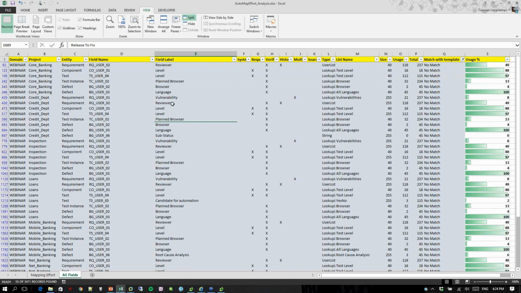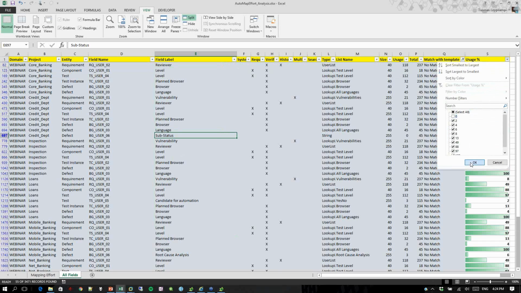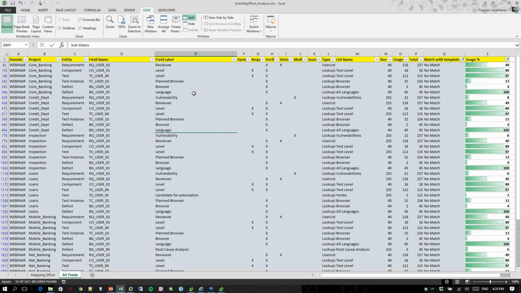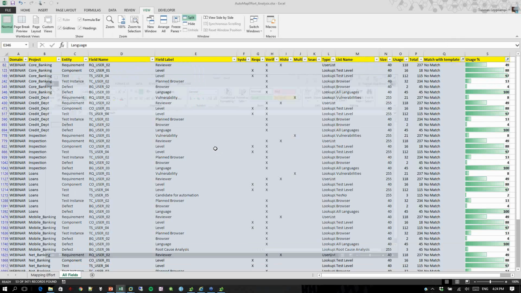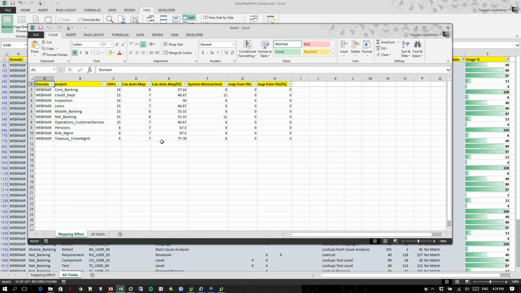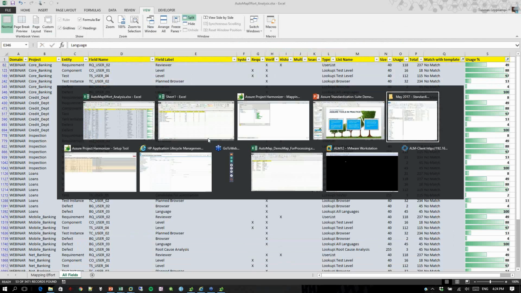And then I can also start going through these fields to see that we are catering for any active ones, so let's take 0 away from here. Any active fields need to be found in the template so we can map them. And I've already done some work here, and I can show you another